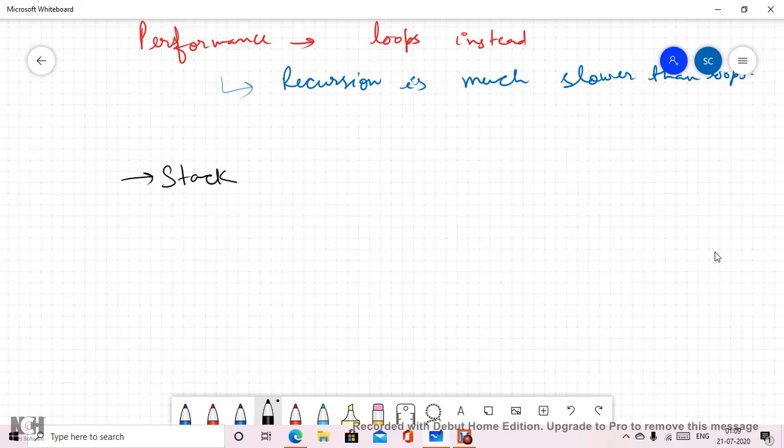Now stack is a computing architecture in which the regions of memory where data is added or removed follow last in, first out. I think everyone is aware of this LIFO. Each program has a reserved region of memory referred to as its stack.